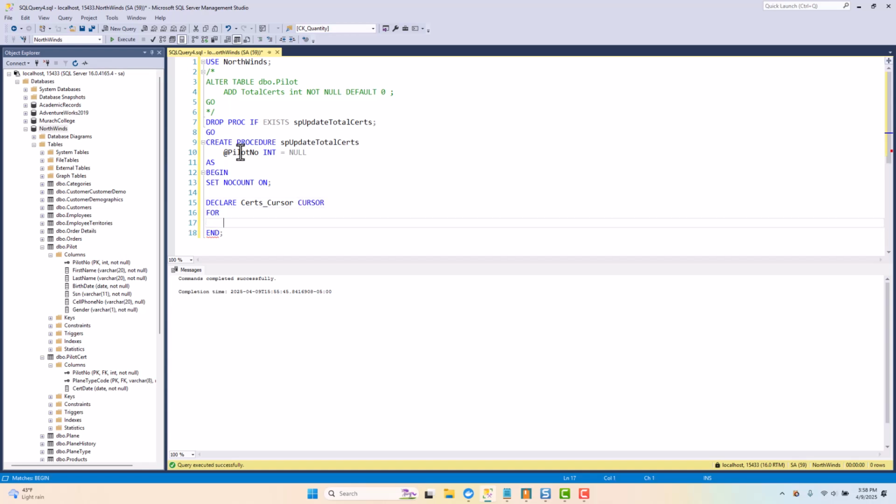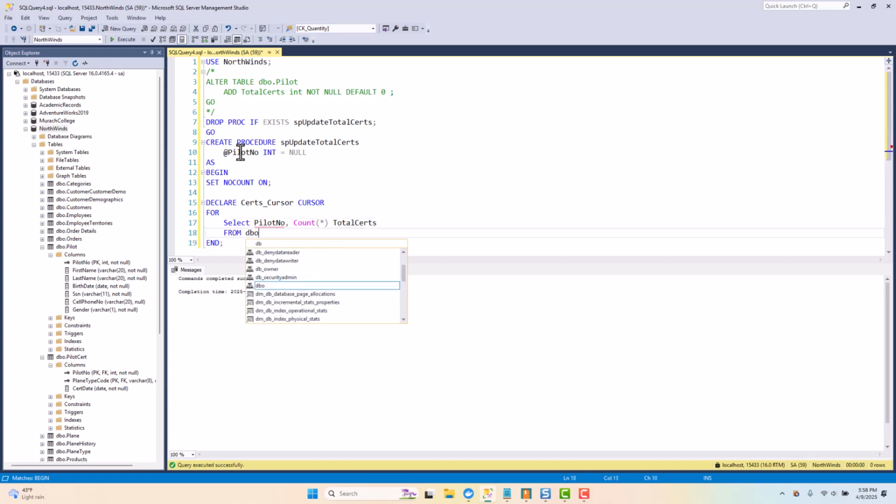And then we have our select statement. We are essentially going to select pilot no, and then the count as the total certs. This is going to be from the dbo.pilot cert table,